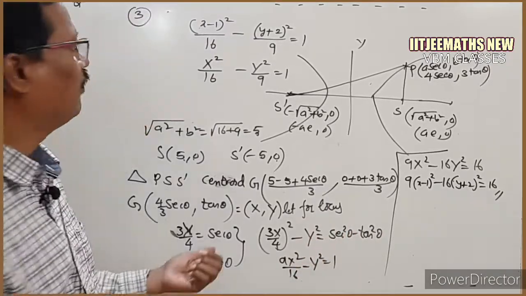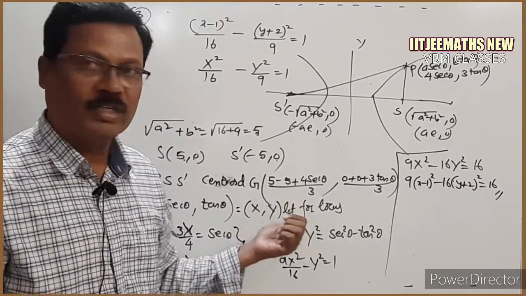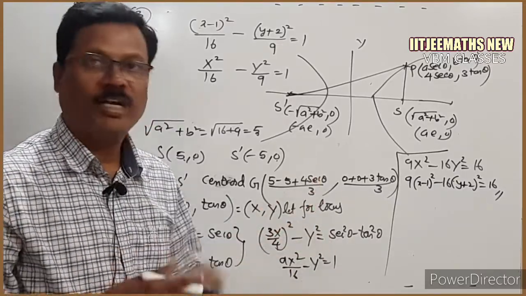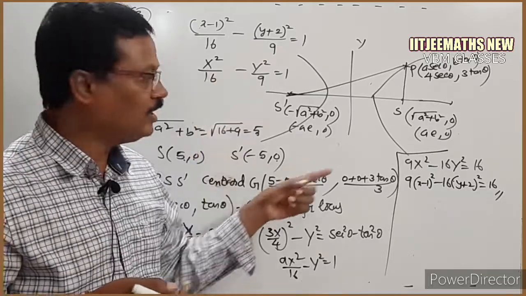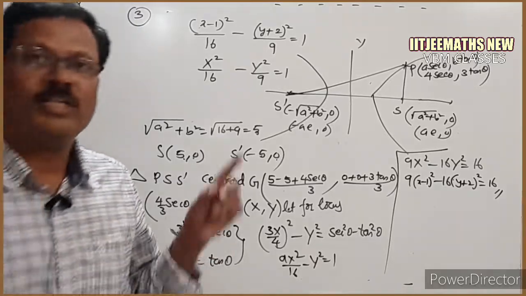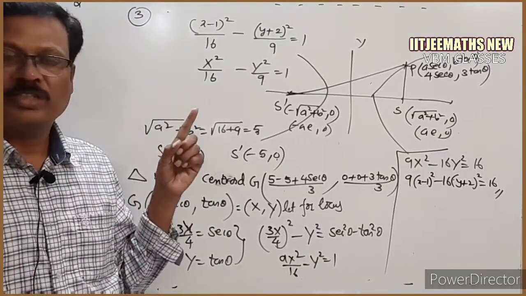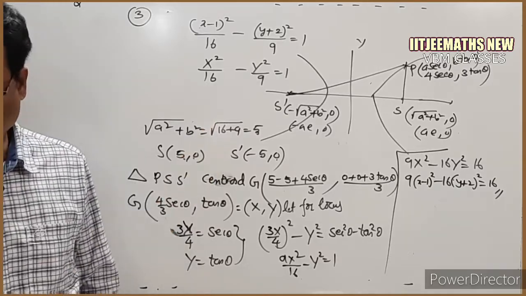This is also a very simple third question in the hyperbola. They are asking simply the locus of the centroid. Now, if we shift to the origin like this, easily we can write the solution for this hyperbola. In the 2019 10th January shift 1, a similar question is there.